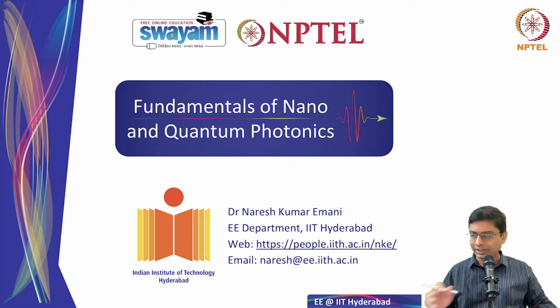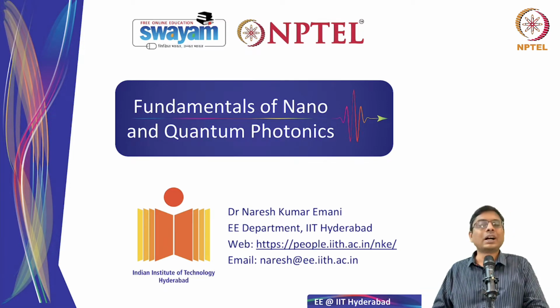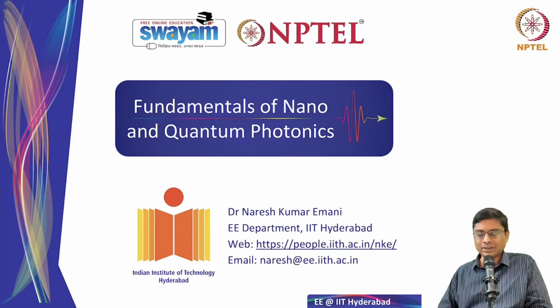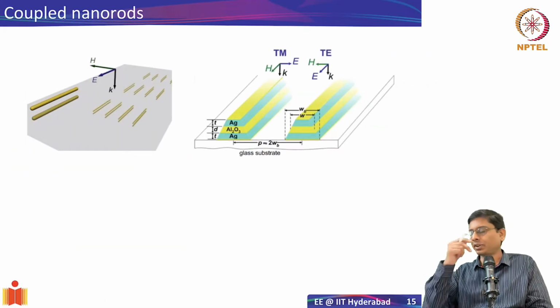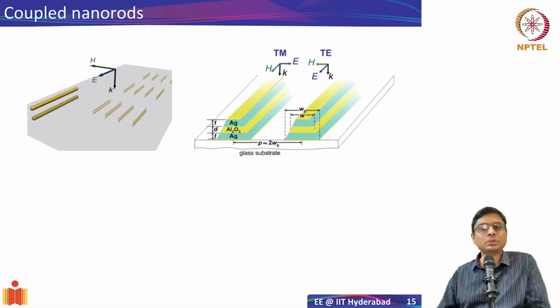In the last lecture we looked at how to create magnetic response and how the metamaterial designs have evolved. We focused primarily on what is known as the split ring resonator, and we saw that as you shrink the sizes of the split rings, fabrication becomes much more challenging and it's very difficult to scale up the magnetic response up to the visible and near IR frequencies. So in this lecture we will look at alternative structures and think about how to achieve the